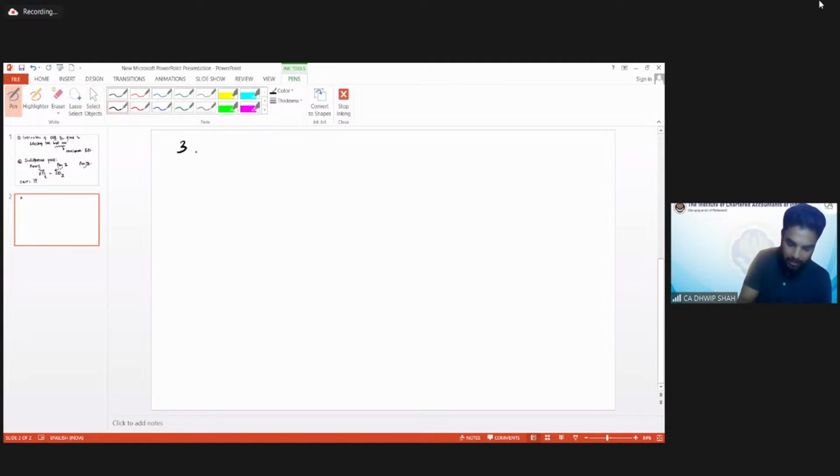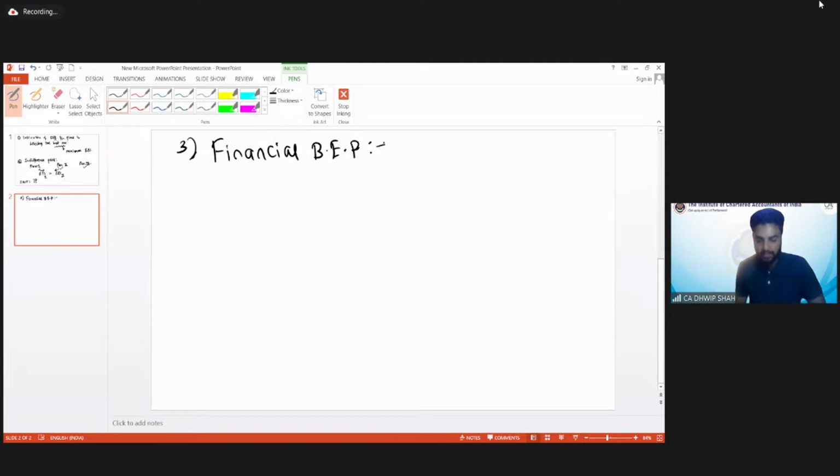The third learning objective is financial break-even point. What is the third learning objective of this chapter? Financial BEP. Break-even point in short is termed as BEP. जैसे अभी किसी ने बोला था नो प्रॉफिट नो लॉस, so that is break even point. Break even point ideally means no profit no loss,